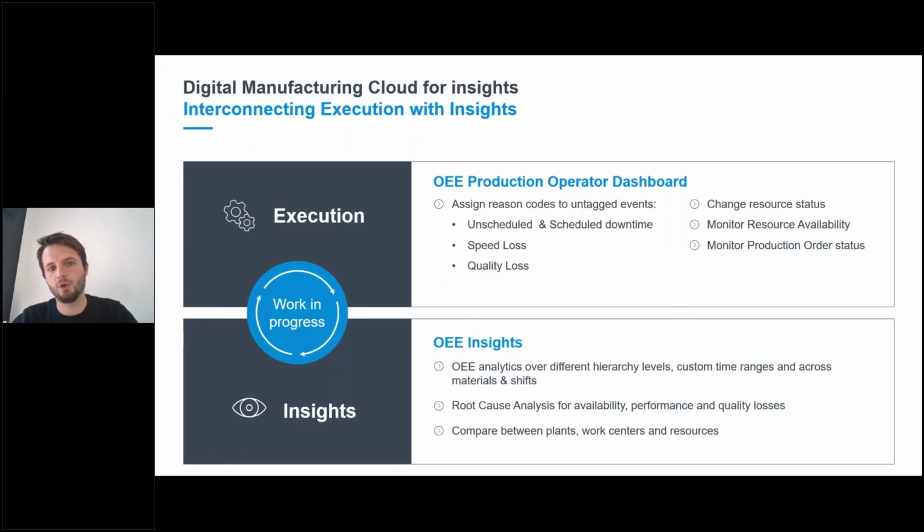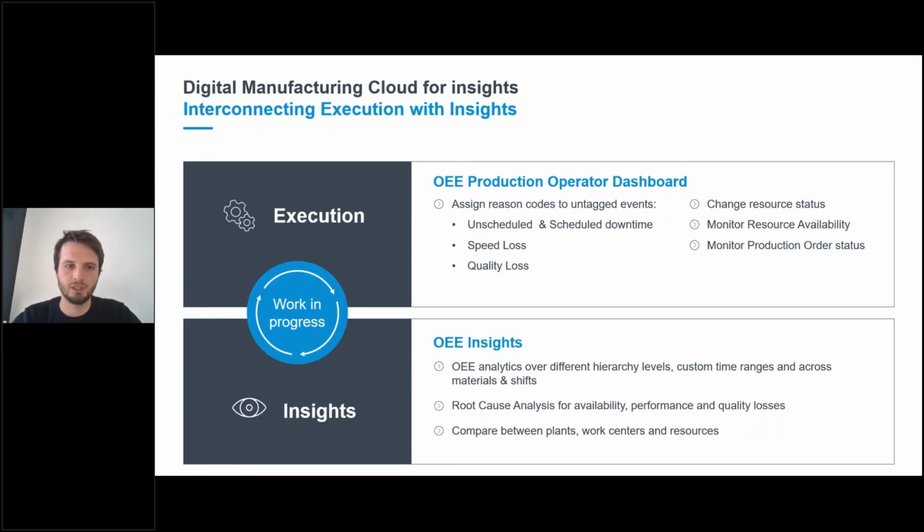So within the OEE POD, operators can monitor individual machines and production lines directly on the shop floor and report and react to scheduled as well as unscheduled downtimes. And they can tag production speed losses that have occurred during production processes, so that later on we can perform root cause analysis on